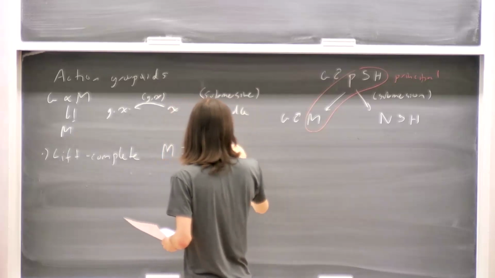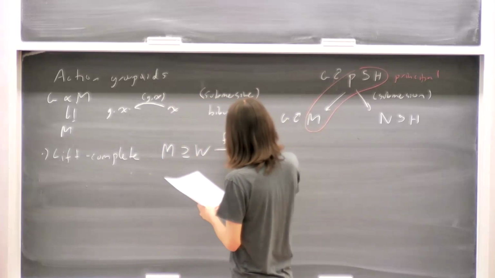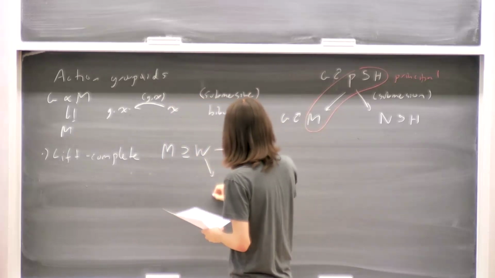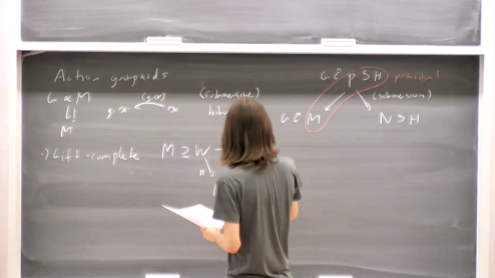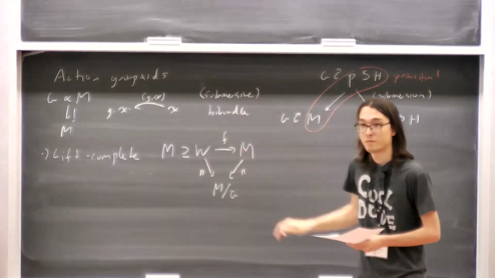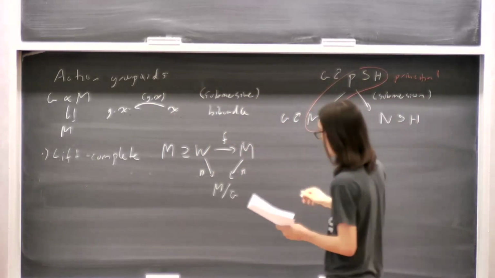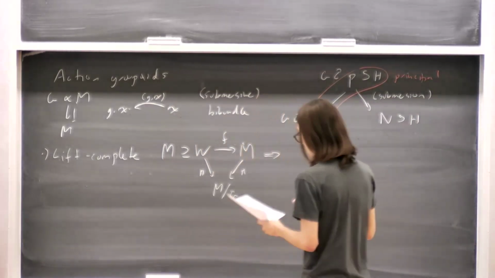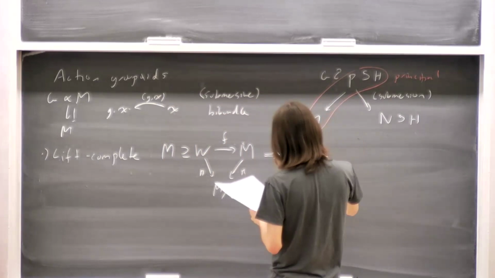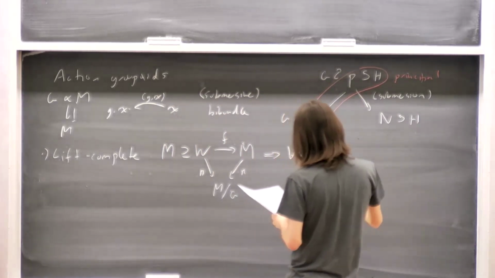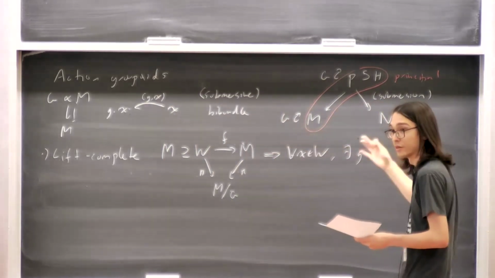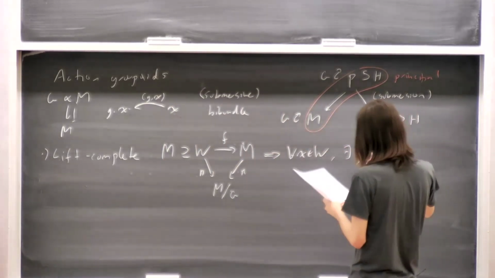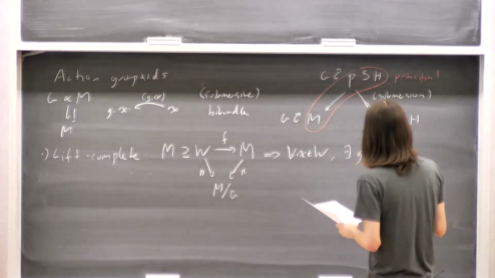If I'm ever in this situation where I have a smooth function which descends to the identity on the quotient, or put another way, it lifts the identity, maybe only locally, then I need the following to be true. It's a strong condition. For every point in W, there needs to exist a G, really an arrow, but here the arrows are basically group elements. So there exists a G such that